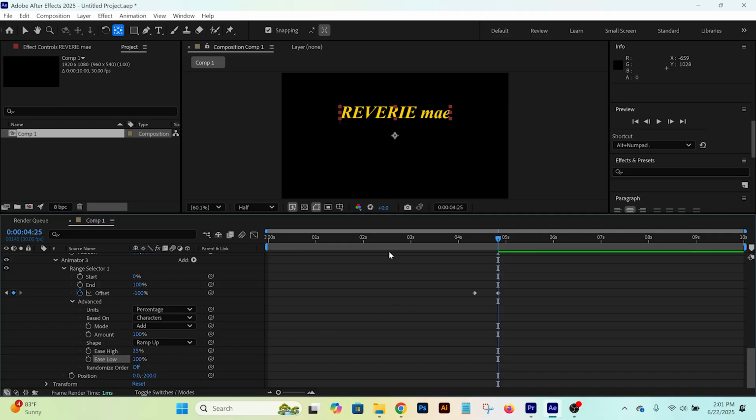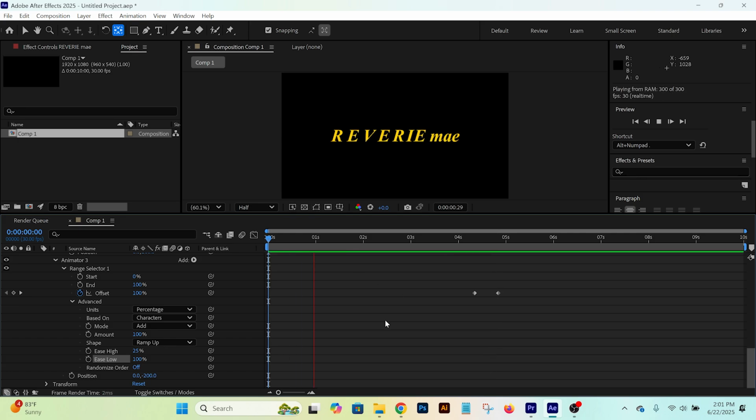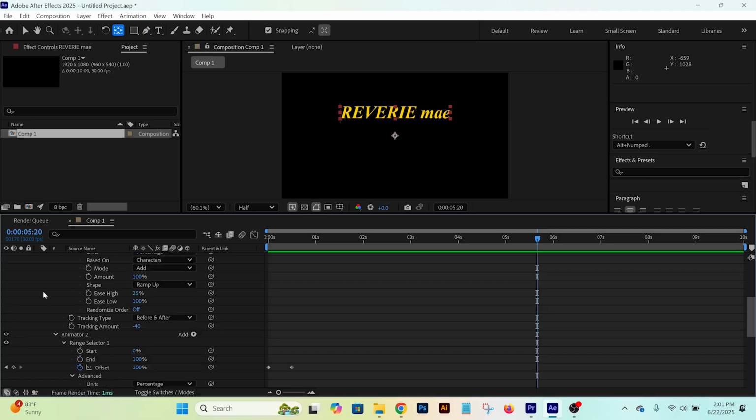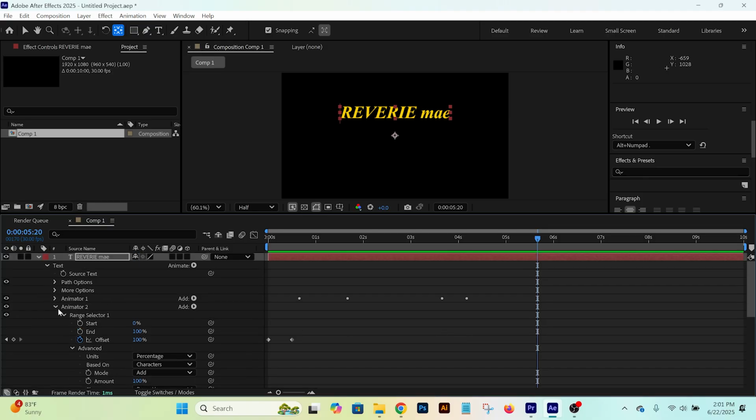If we play this animation back now, this is pretty much what we want the animation to do, with one exception. At the beginning, we want the text to reveal itself as it animates in, and then at the end, we want it to animate out and disappear. For this, we're going to need to add an opacity property to the position animations. In order to do this, we're going to need to go to the first position animation in Animator 2 and